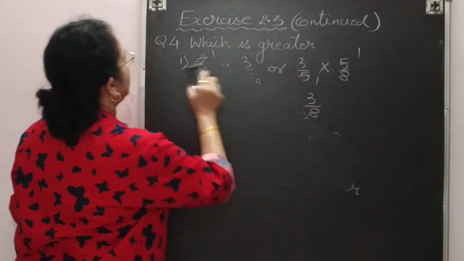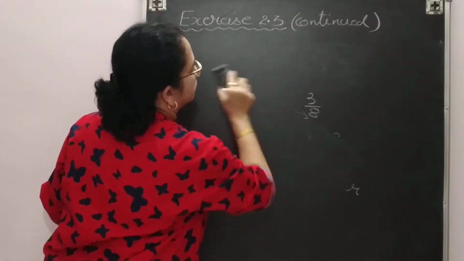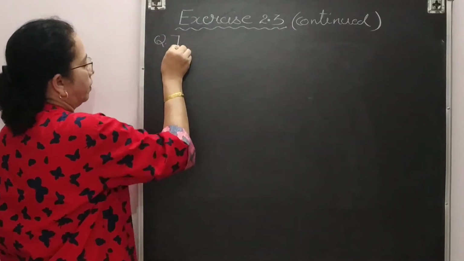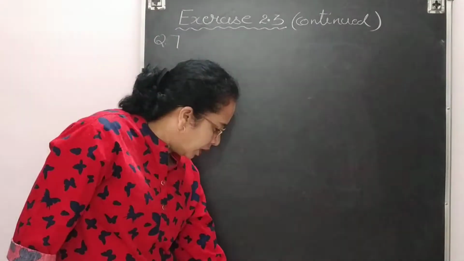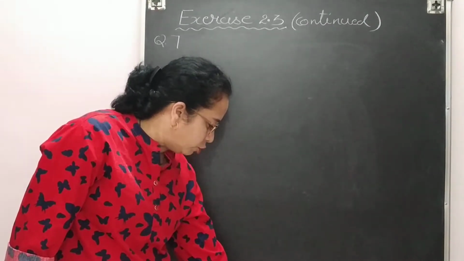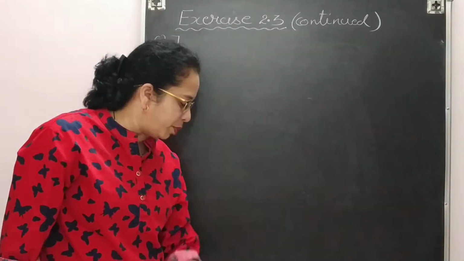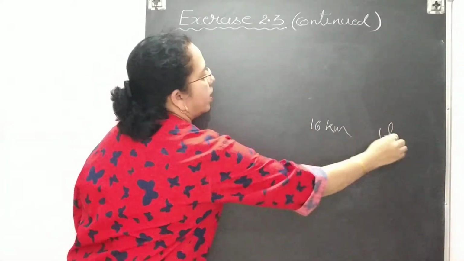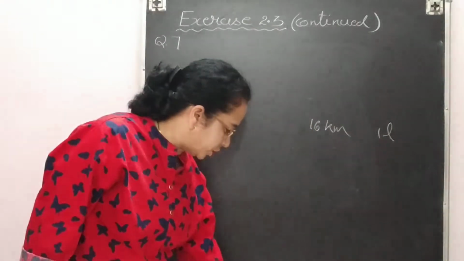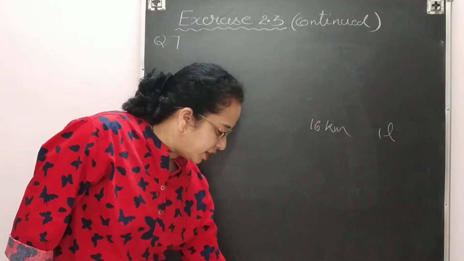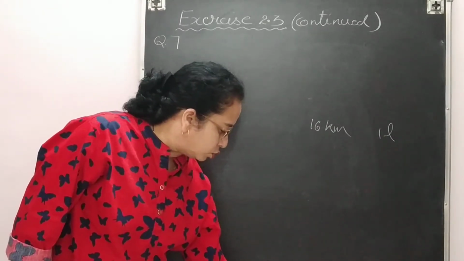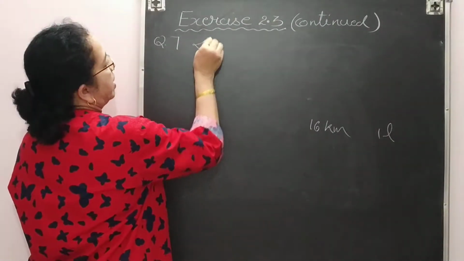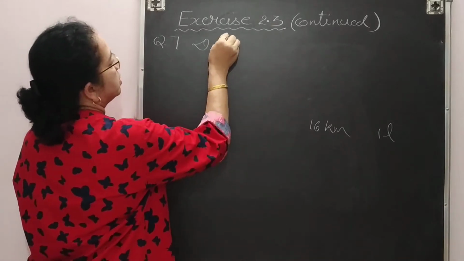Now the next question is question number 7. Question number 7 is a word problem. A car runs 16 km using 1 liter of petrol. What is given? 16 km in 1 liter. This is already given in the question. How much distance will it cover using 2 and 3 by 4 liter of petrol? How much distance? So we will start our statement with distance